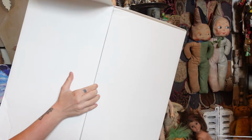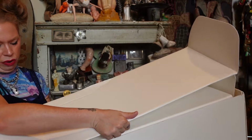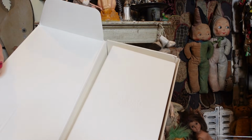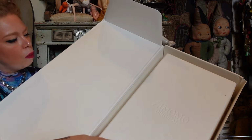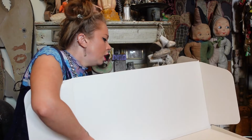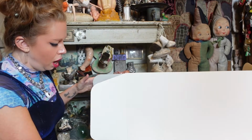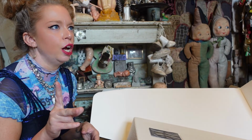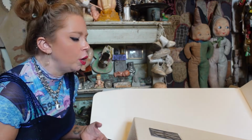Okay. Okay, can he come out? Okay, hello? Oh, what's going on in there? Nothing. Okay. Oh my goodness, he's in a crate. Yeah, you guys, this has to be real. Look at this. Okay, so, oh yeah, I also forgot to say they had two, I think they're both Zimomos,